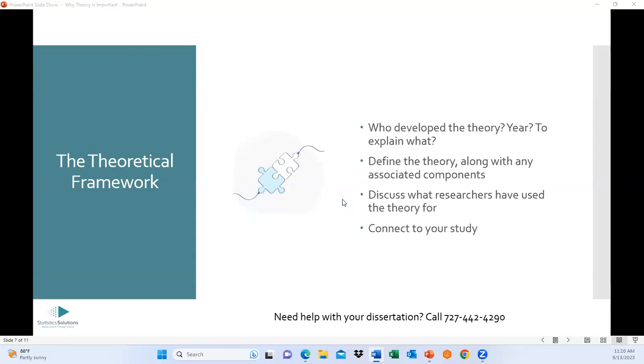If you're using, let's say, two theories, it's the same idea. You would just do the same for both theories in the theoretical framework, and then it just becomes two theories and their ideas that act as your framework. So very similar, except that you're using two. And you might have to. So if you conducted a study like our example, transformational leadership and motivation, you may have two theories. You may have a leadership theory and you may have a motivation theory. And both of those would make up your theoretical framework.